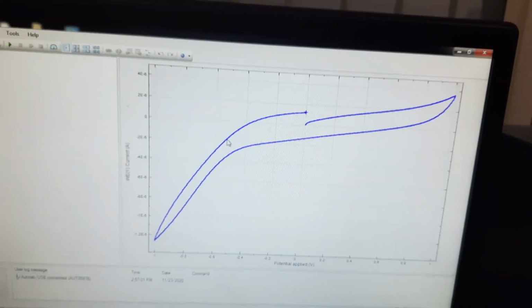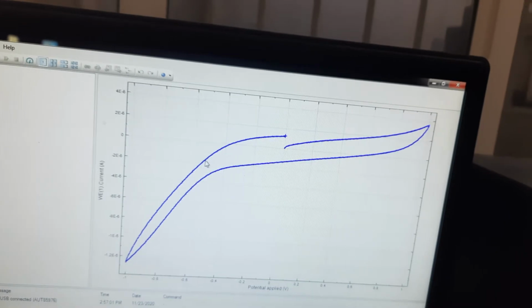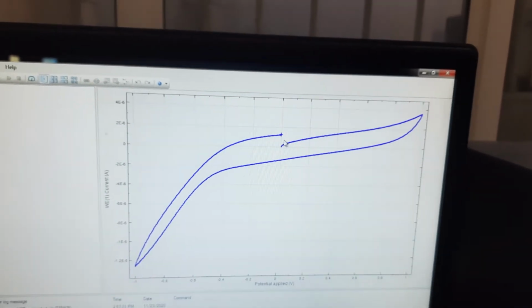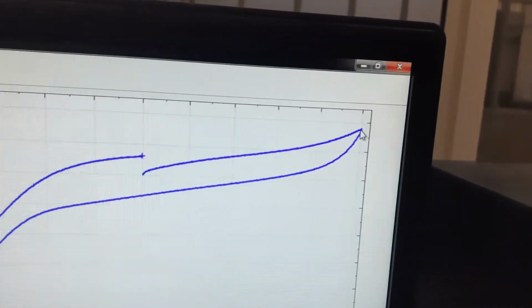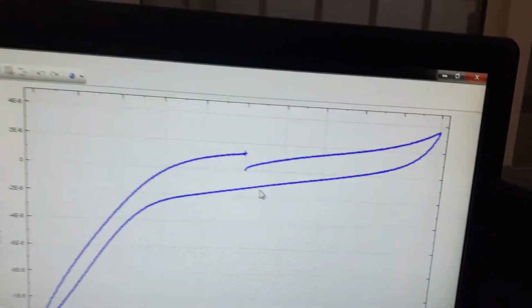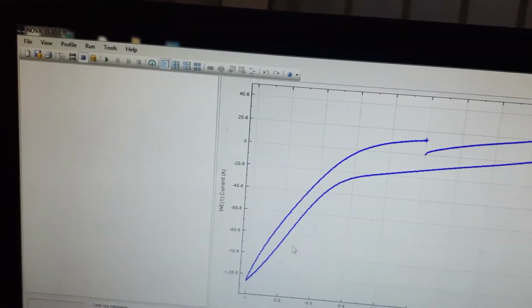In the water, as I already showed you in the introduction, when you see any compound you will see how a cyclic voltammogram looks like. But here you can see there is nothing important. It is plain, starting from here and going just flat. That means there is no redox process occurring in the solvent, which is good. Coming back again, nothing. From here, if you go over here, there is no well defined response here also.